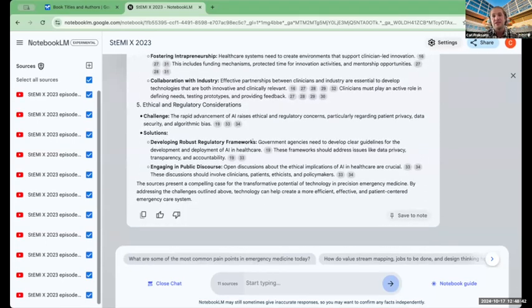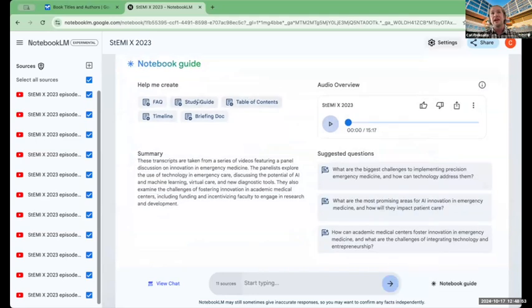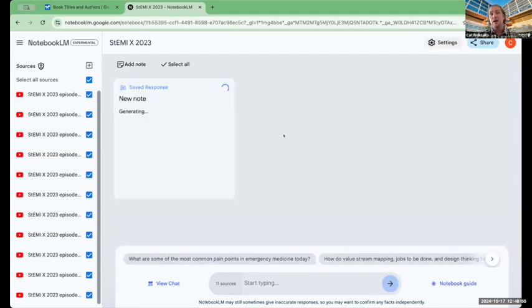You can imagine this if you're a student. You could upload a lot of course materials, transcripts from lectures, and you could use it to generate study guides. They even have a preset here where you can generate a study guide. You can ask particular questions like